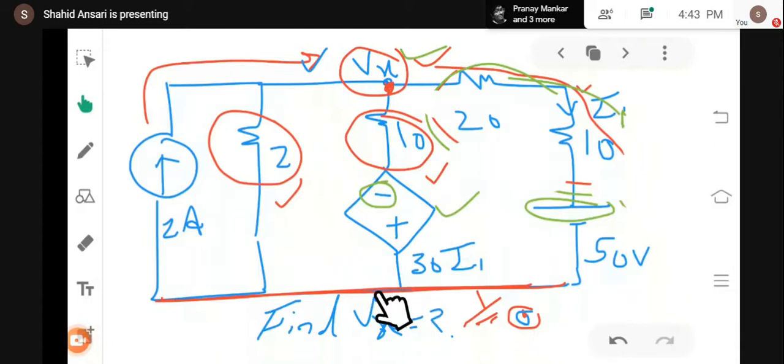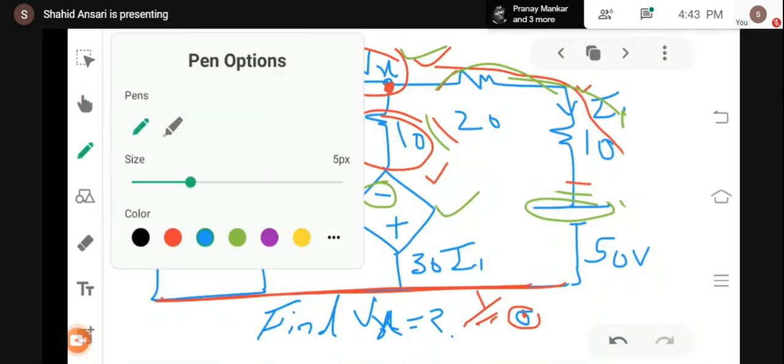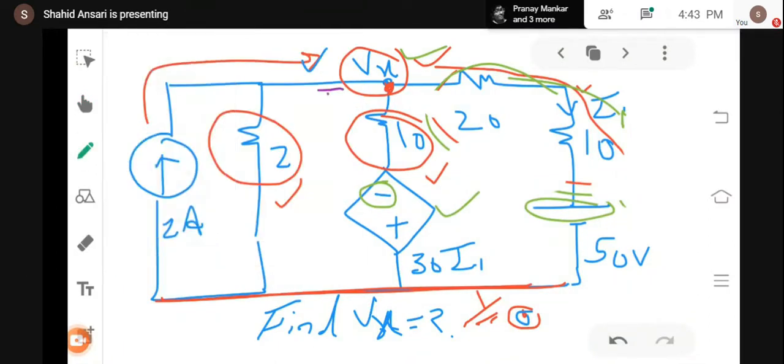Suppose the voltage of this particular point were, let's say, 3. Okay, now I would have to write this as Vx minus 3 across this branch, but now this is 0 volt, so I can simply write over here that this is the voltage across the complete branch, which is Vx. So I can mark it Vx. This complete voltage can be considered as Vx. Is it correct or not?